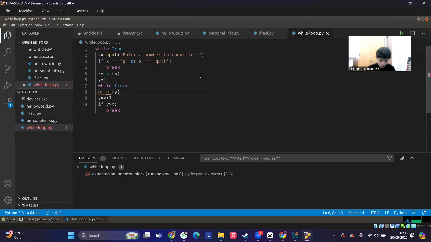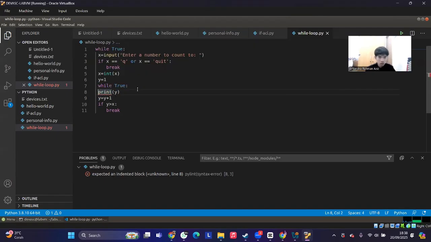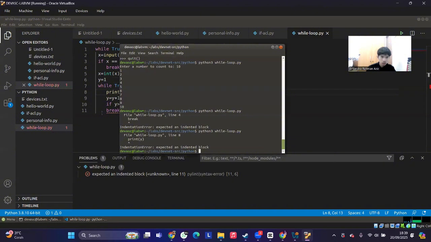Okay, so for print, break, line 8, print. Okay, I think print y if. Okay, so try to run it again.